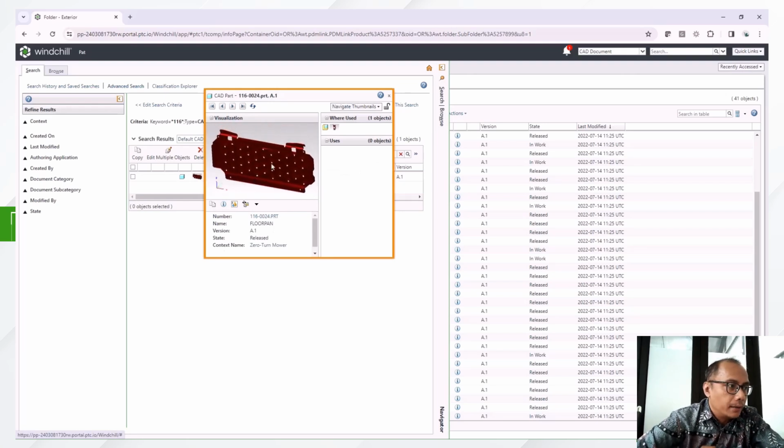Coming into our folder tab here, this is kind of like a folder structure you would see on a computer. This allows you to organize and break down the information that you have about these products. For our lawn mower as an example, we may have some CAD data or different things like that, maybe some documentation, anything of that nature, and I can edit those access controls like we showed for the team